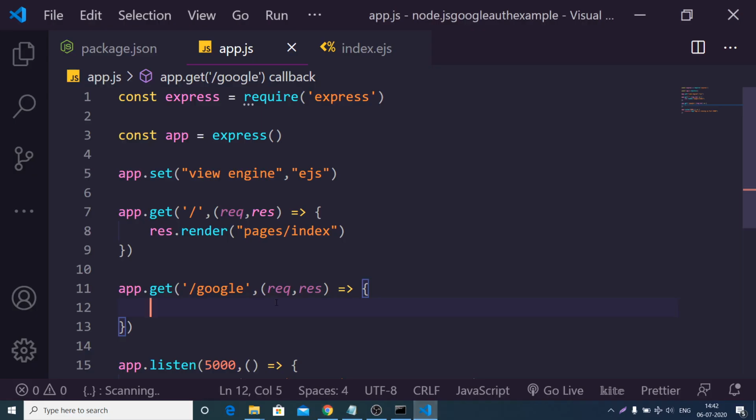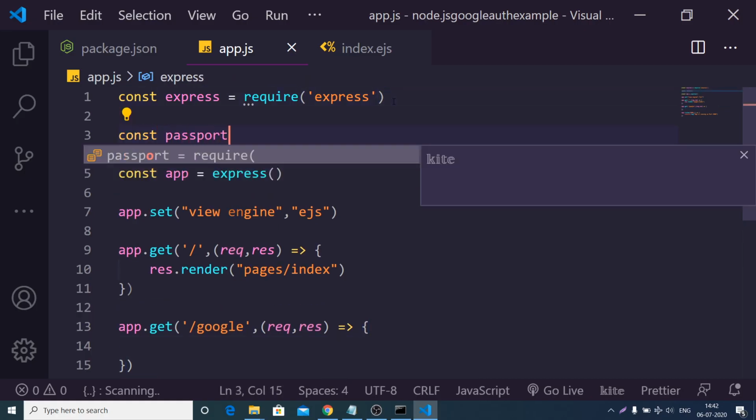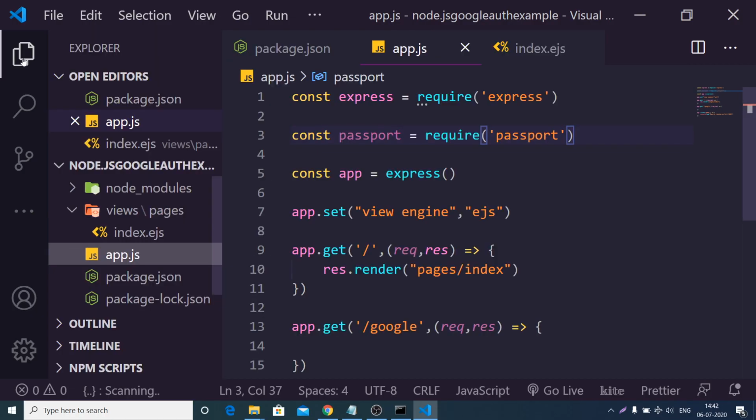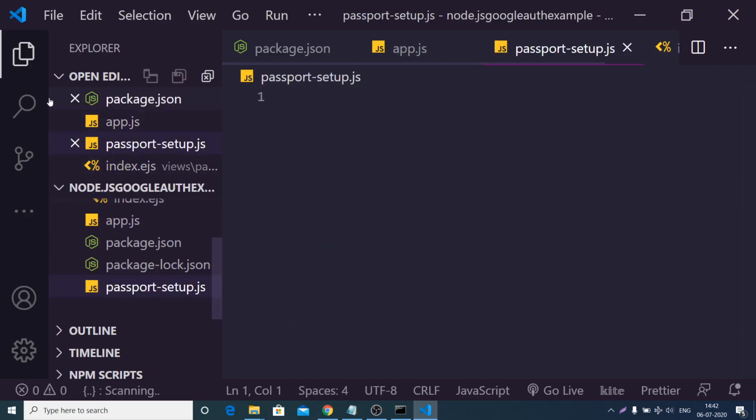For that you need to first of all configure the passport library. So here we first of all need to import passport at the very top, require passport, and for configuring the passport options you need to create a separate file. We will call this file passport-setup.js.